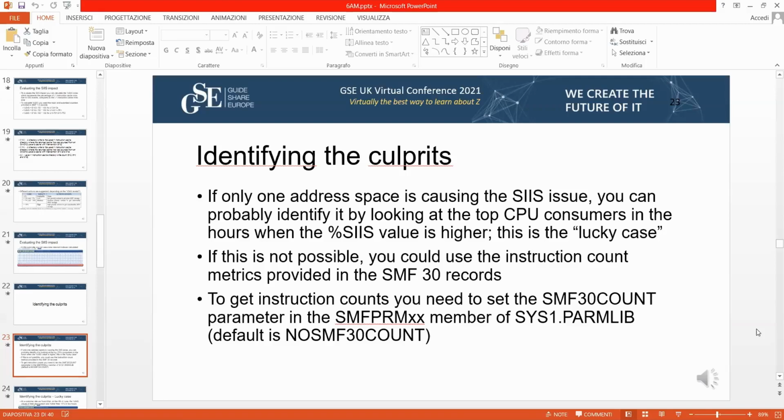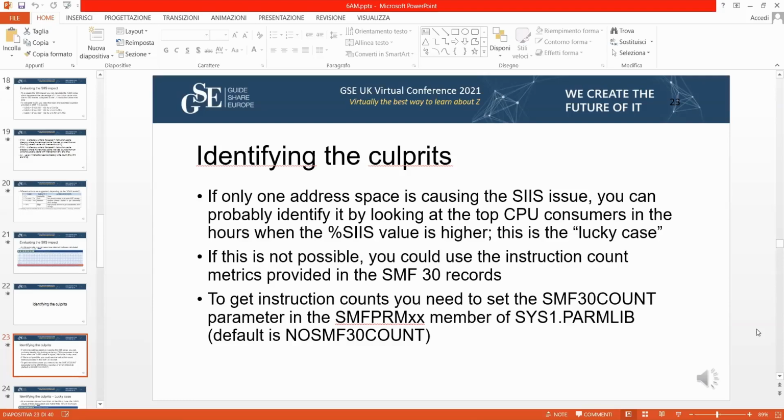If this is not the situation, then there is another activity you could perform, and we will talk about it in a few slides. This is using the instruction count metrics provided in the SMF30 record. And this is not something automatically available.